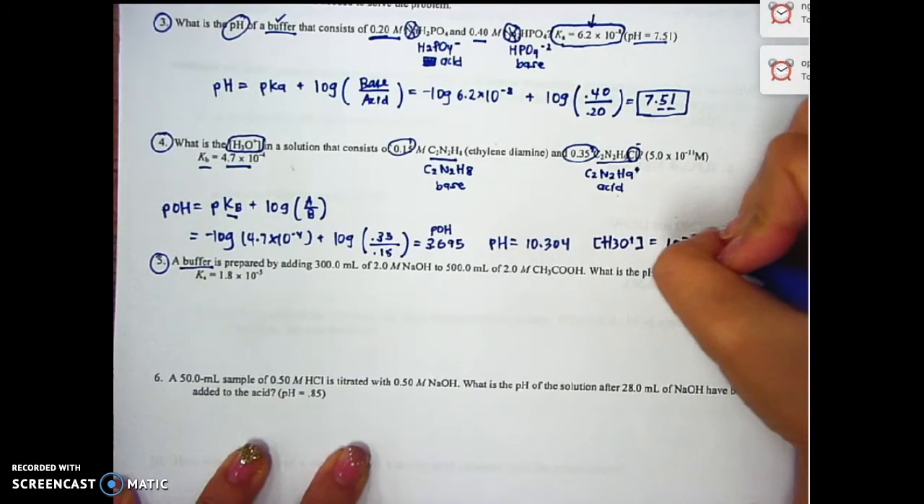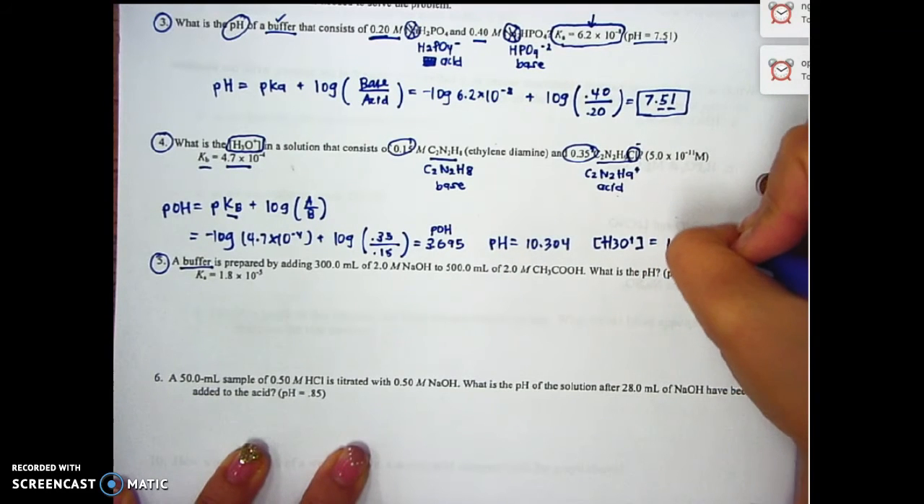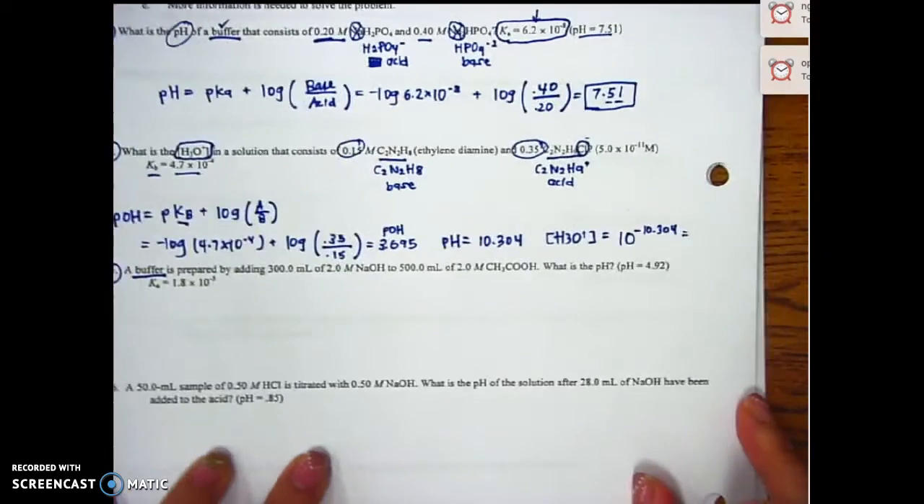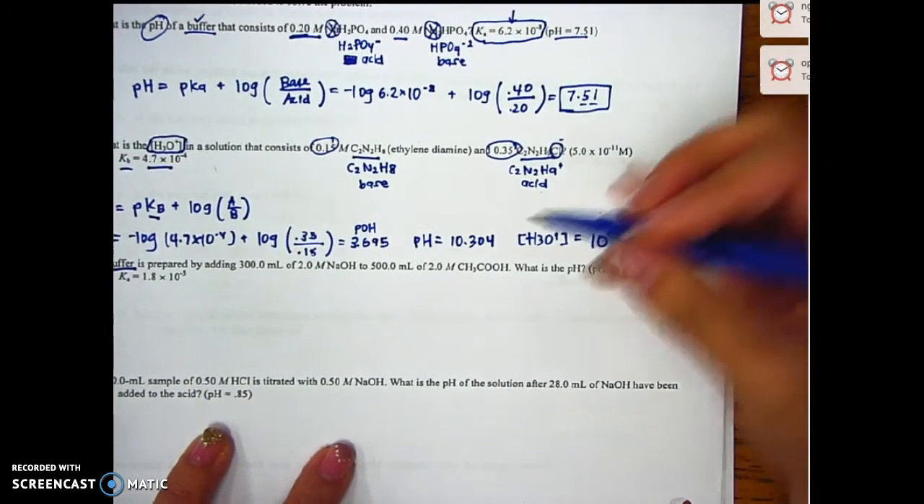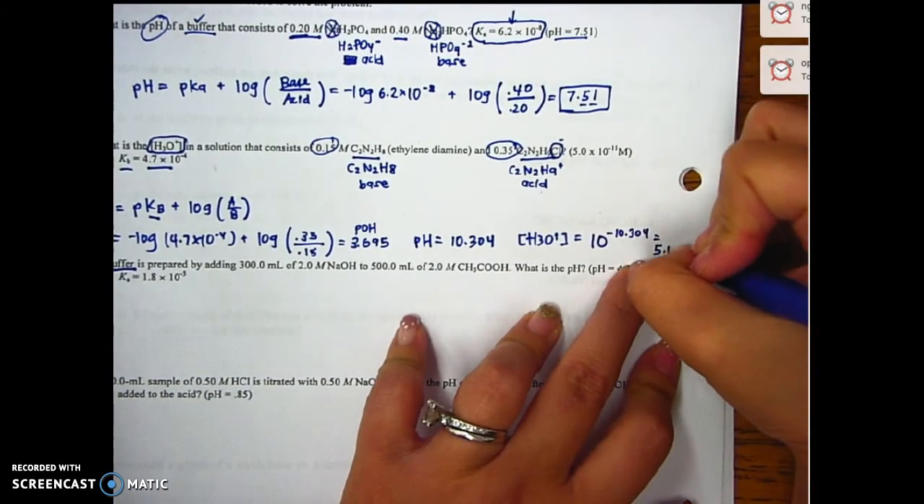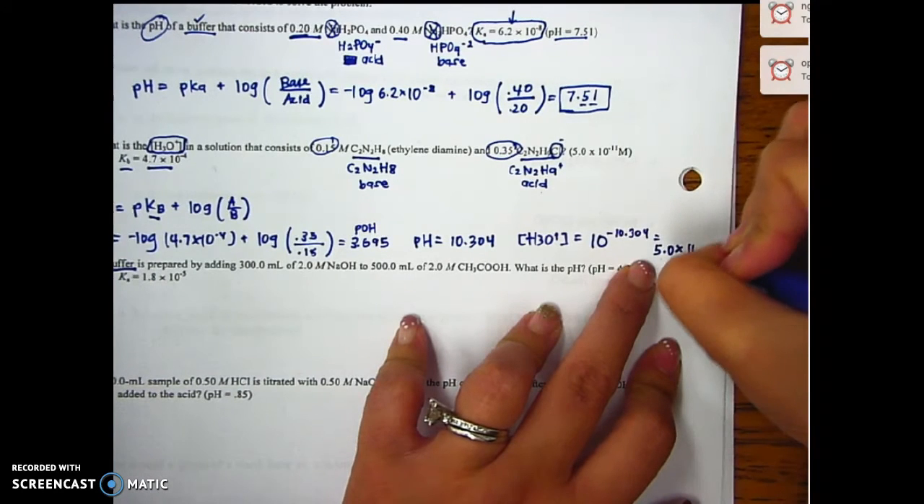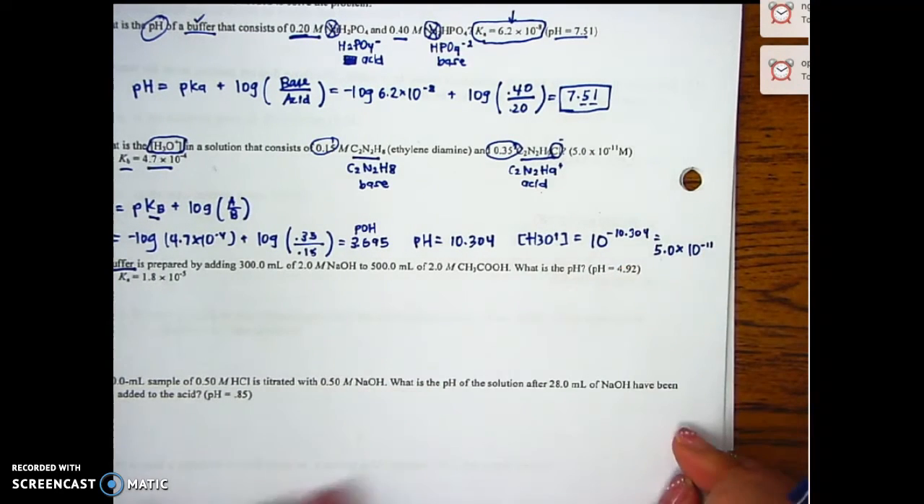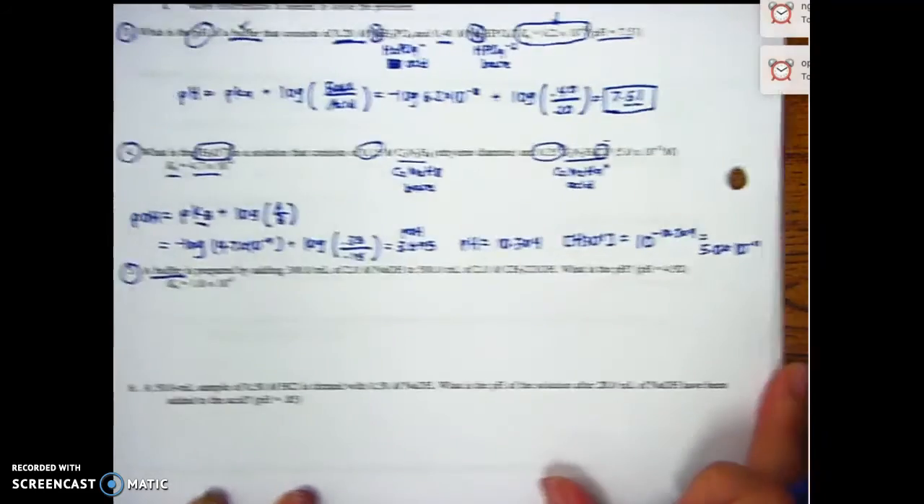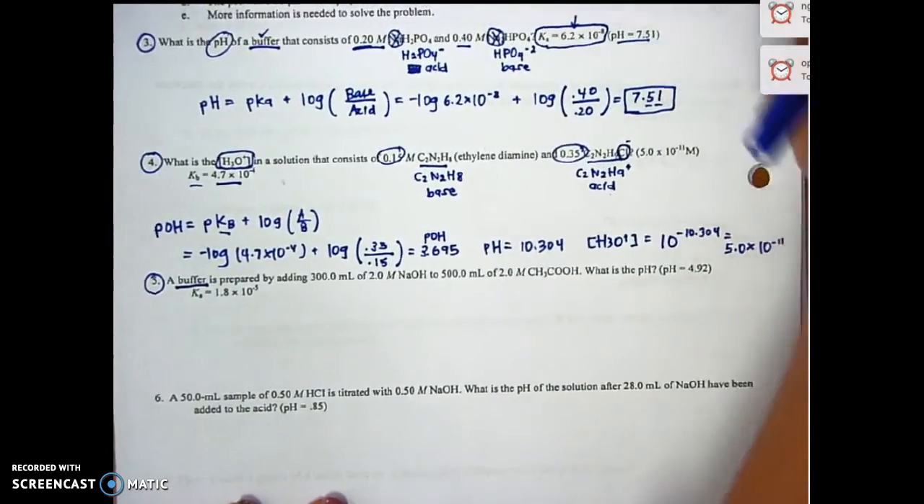And from here, if you wanted to solve for the hydronium, we're going to do our roadmap: 10 to the negative pH. And when you do 10 to the negative 10.304, you're going to wind up with 5.0 times 10 to the negative 11. Two sig figs, because I'm going with two sig figs from the problem here. And then finally,